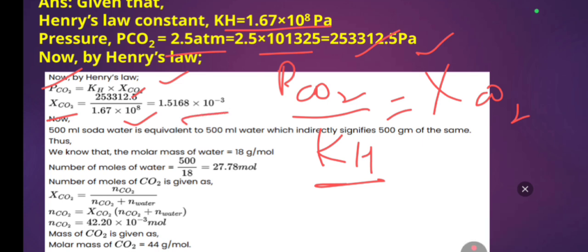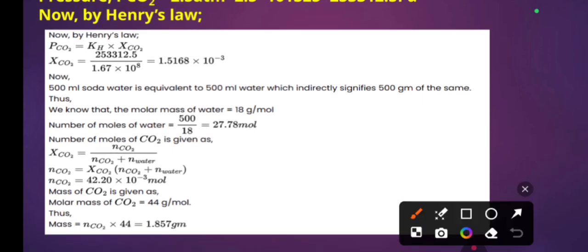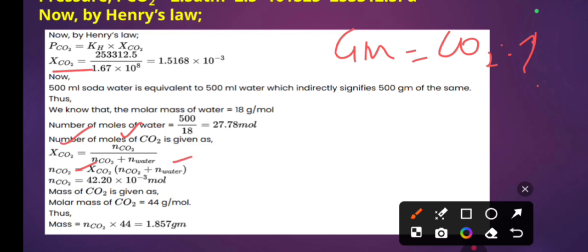But actually in the numerical, what they have asked is the given mass of the solute, that is, of carbon dioxide. So you can easily solve by using the mole fraction. Mole fraction is equal to moles of CO2 divided by the total moles of components that you have kept down. So moles of water, how can you solve? Actually in the numerical it was given